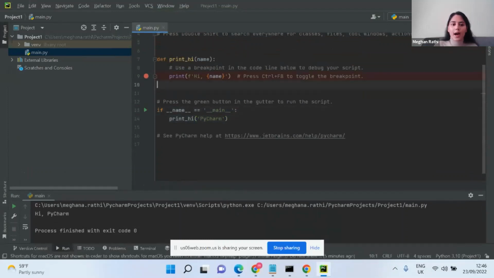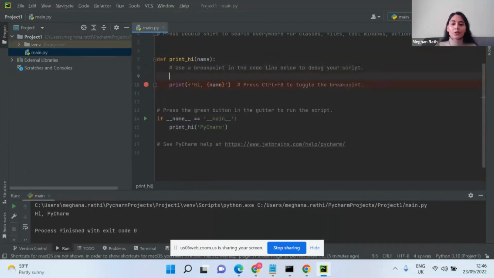Next thing that I also find quite useful is being able to create a to-do list almost in PyCharm. The way you would do this is you comment. So you just press the hash key to write a comment, and then in all caps just type TODO, and then it could be